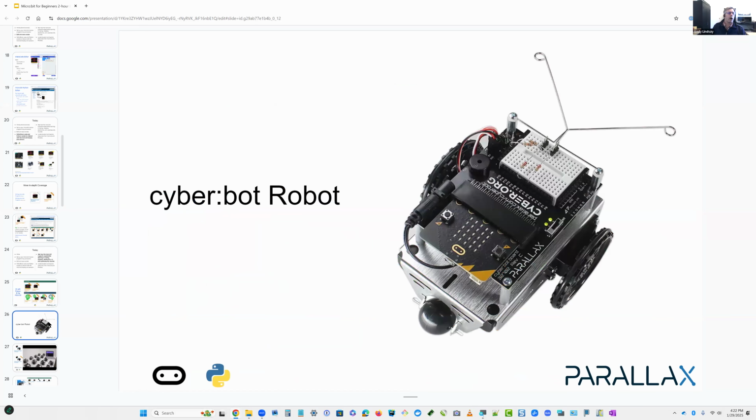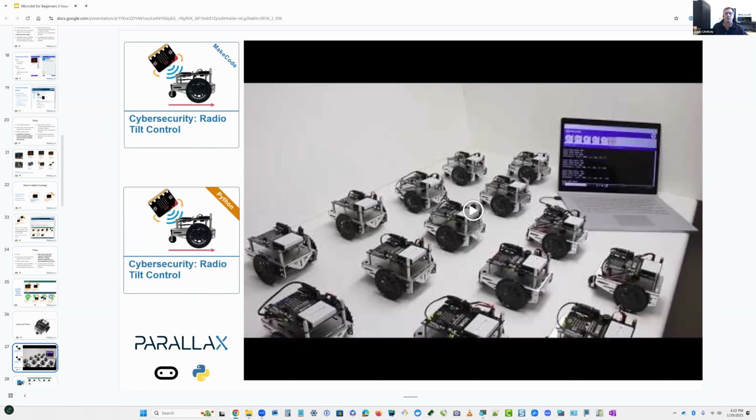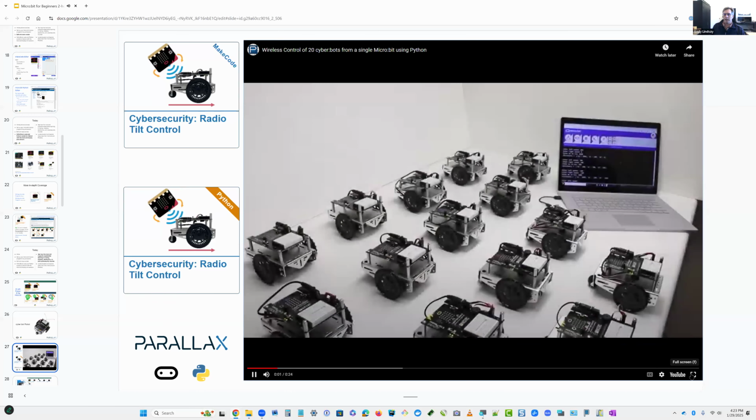And then let's talk about robotics with the microbit. So this cyberbot is really cool. You just basically plug the microbit in here, and then this example that I'm about to show you, and notice that here we do have a MakeCode version and a Python version. And so each of these, if you click the image, it has a link that will take you to the cover page of the chapter on, in this case, tilt control, which is a ways into the